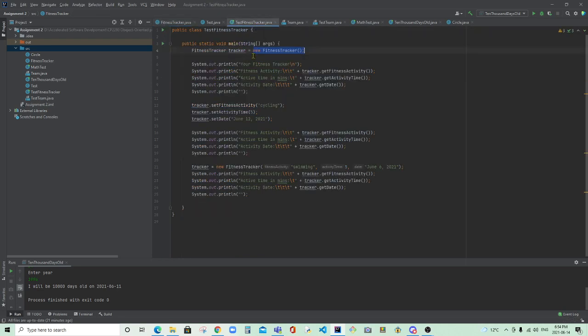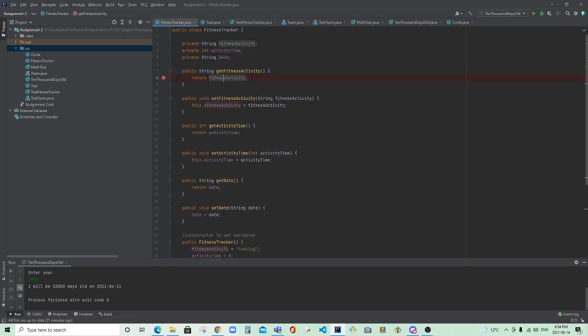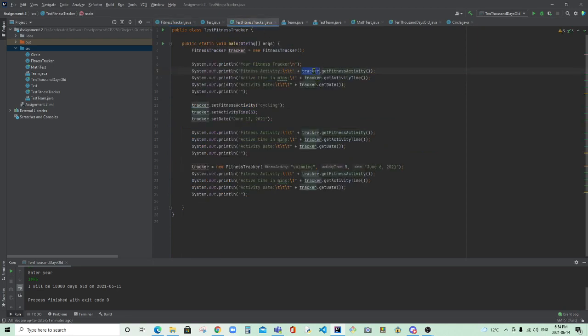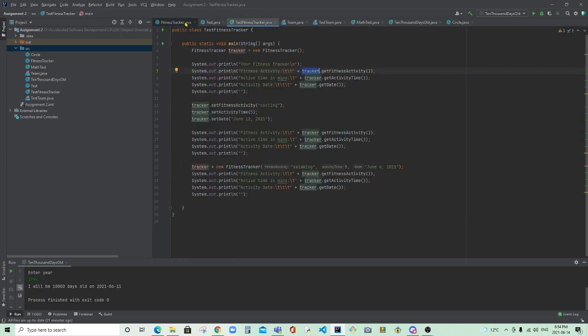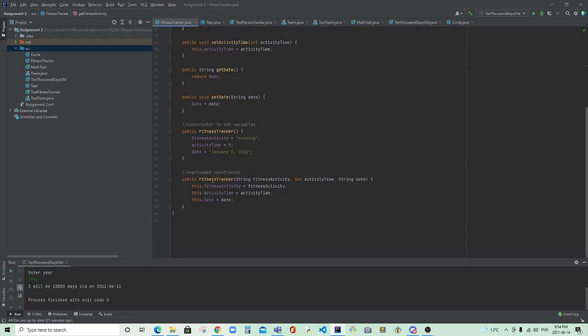Like right here, tracker dot get fitness activity gets called, which brings the code into here. So at this point, there's a notion of this, and this would be, in this case, tracker. So every time you're in here from tracker, you can think of tracker existing, and you can reference it by